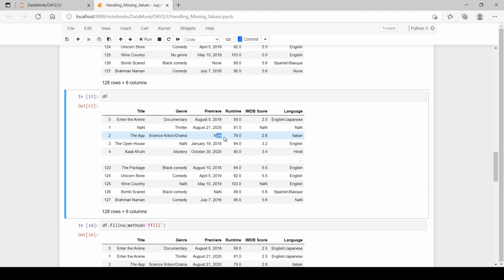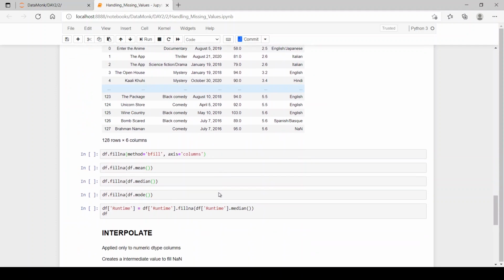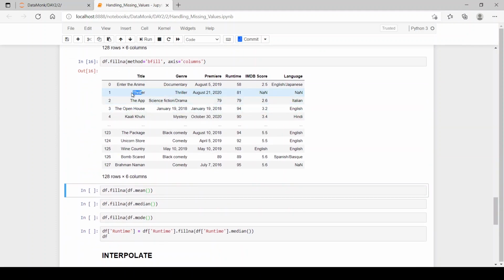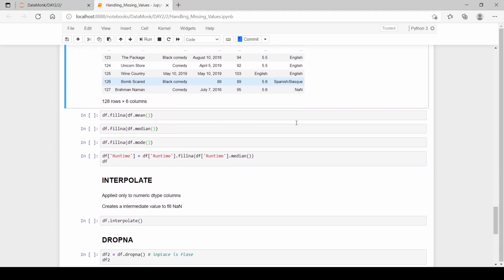And now here we have NaN, so 79 will be replaced in this value, and here we have 89, so 89 will be replaced in this NaN null value. So let's see the result. See, we have thriller copied, then 79, 89, and a NaN value because it was NaN, so it was printed NaN.